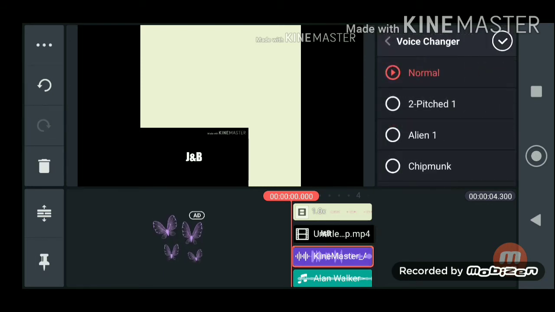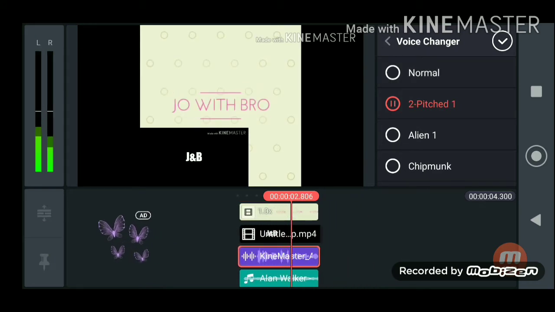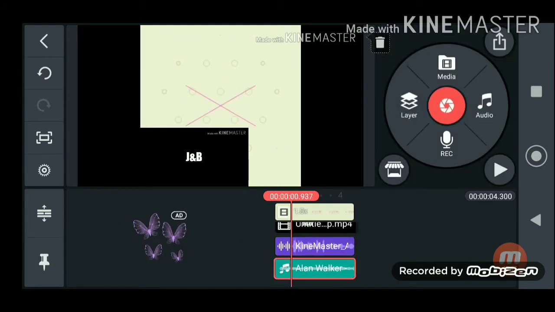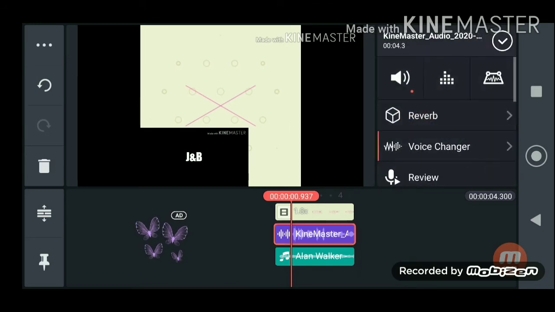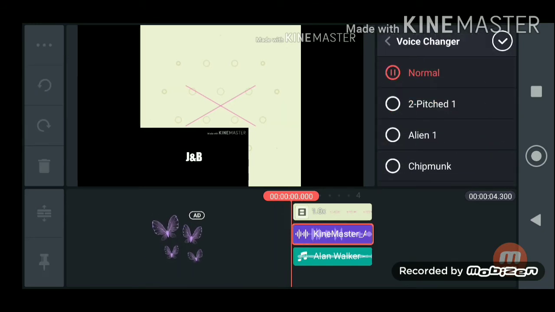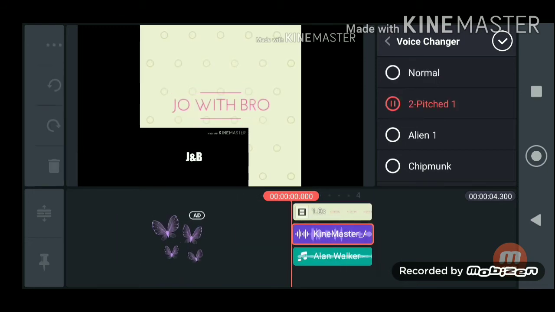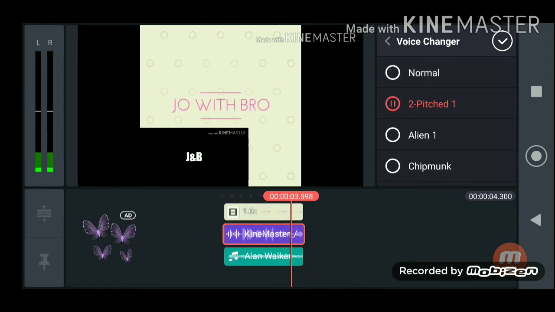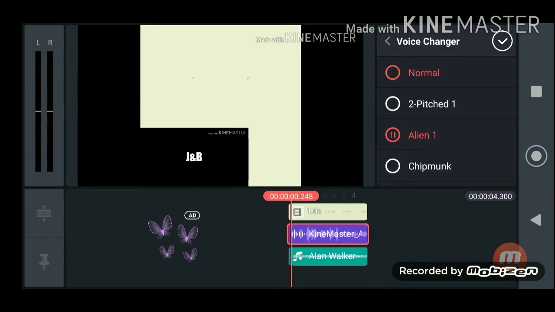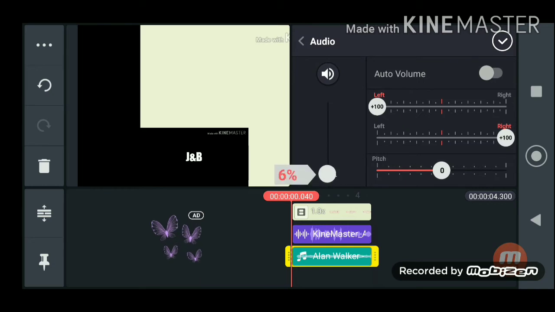So I'll tell you about the voice changer. I'll just mute this so that you people can hear. So this is my voice. Voice changer, I'll tell you what it is. This is the normal voice which I recorded. So this is my pitched voice. And these are all the effects. I want it normal, I don't want to make any changes. So I'm going to just unmute it. You can keep it at 100 or reduce it if you want less.